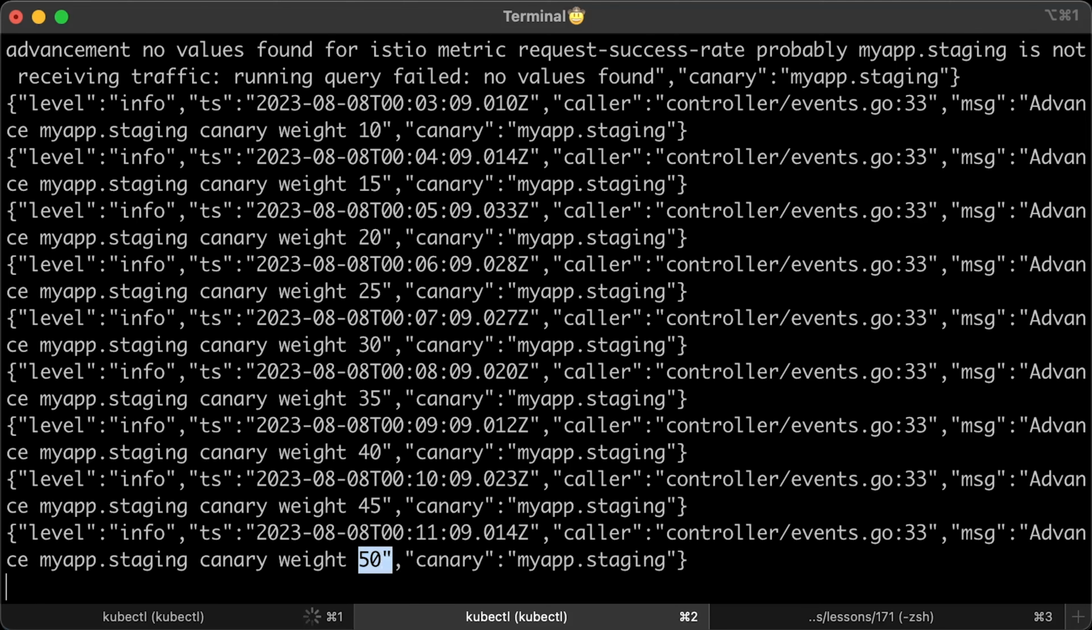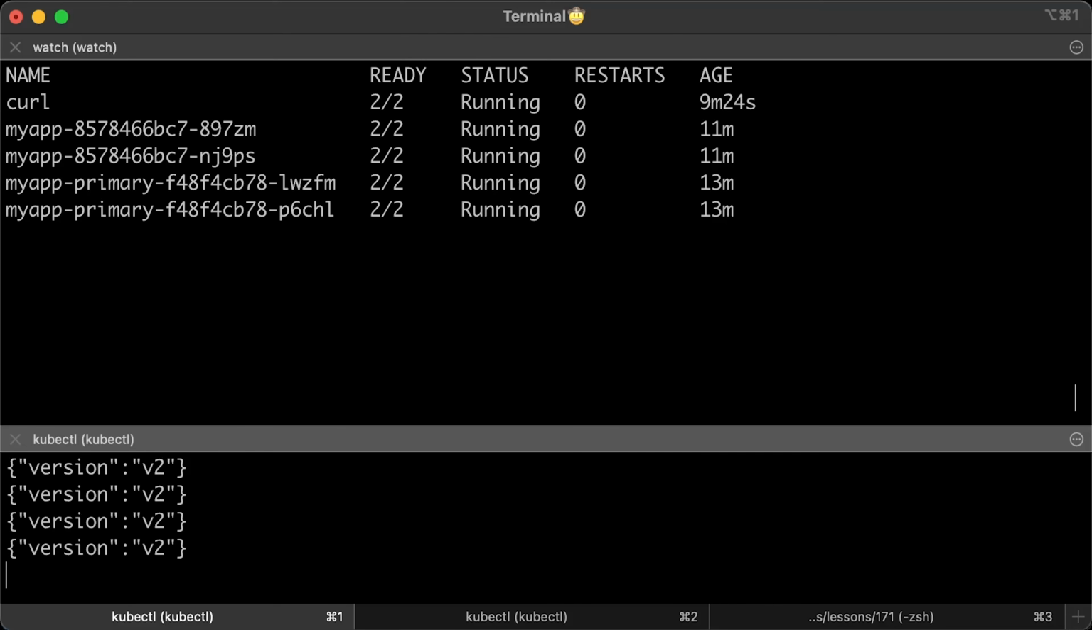In the next video, I'll go step by step and explain each parameter you can configure in the Canary or